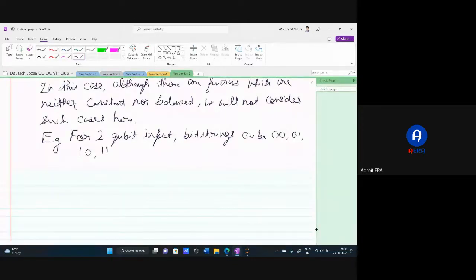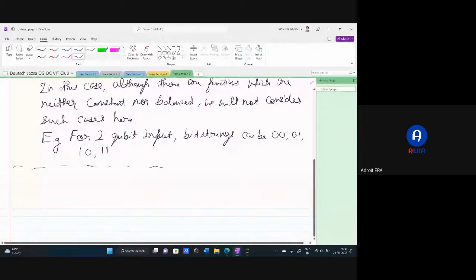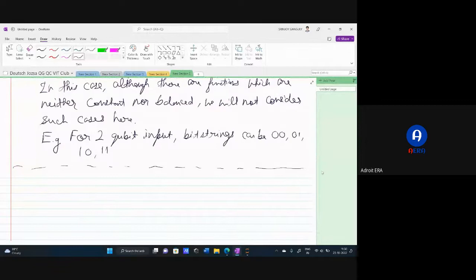But those are the bit strings, right? So these are the bit strings which you get. Similarly, for 3 qubits, you have 000, then 001, and so on. Okay, so again, we have the same case here. Again, we have the same case. So